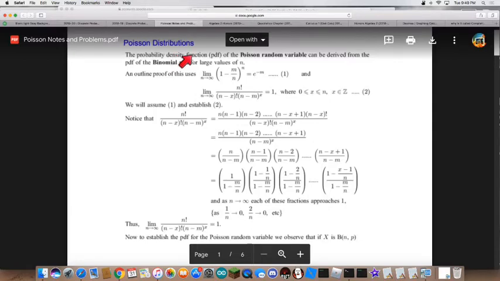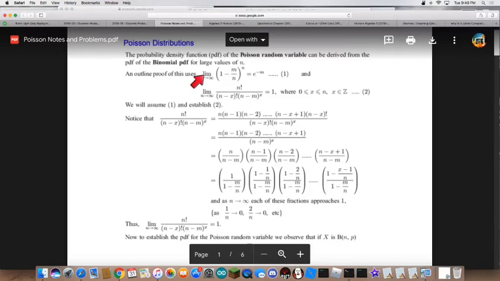Now what I have on the screen is a bunch of mathematical mumbo-jumbo. It's in the notes I provided for you on the class page, for those of you that are elite members of my class. If not, just screenshot this and you can see some of the foundational elements that need to be background knowledge in order to make this proof work.